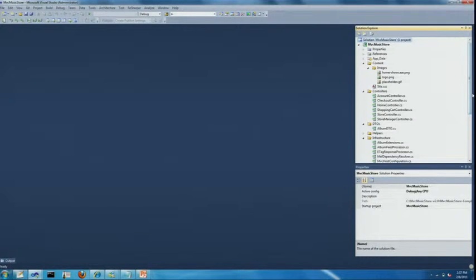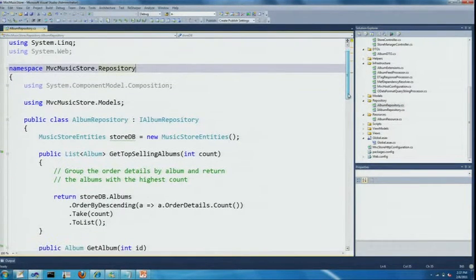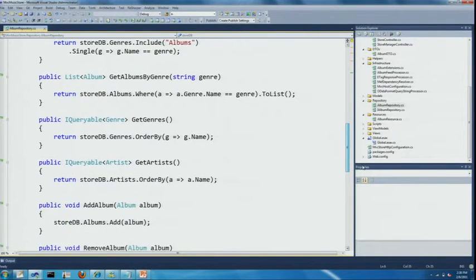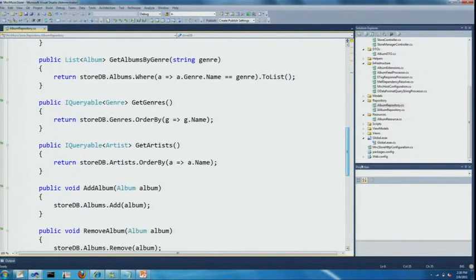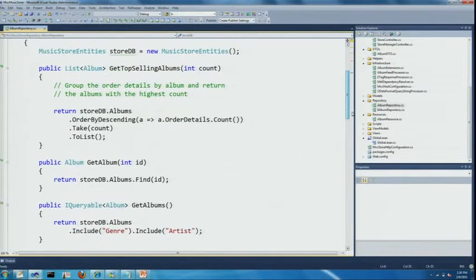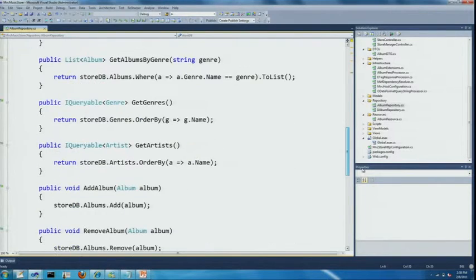I refactored MVC Store to use a repository pattern. So here I have this album repository. And so now instead of LINQ queries, I basically have a set of methods for accessing all the information that my application is going to need. It's nicely partitioned, and I don't have these LINQ statements all over the place that I'll have to repeat to bring this into WCF.